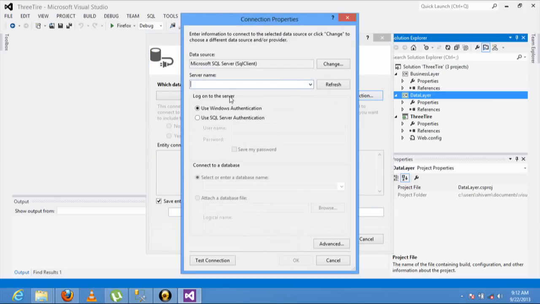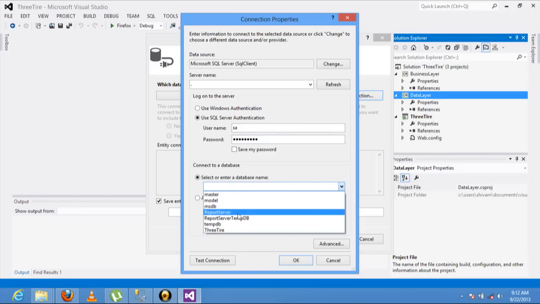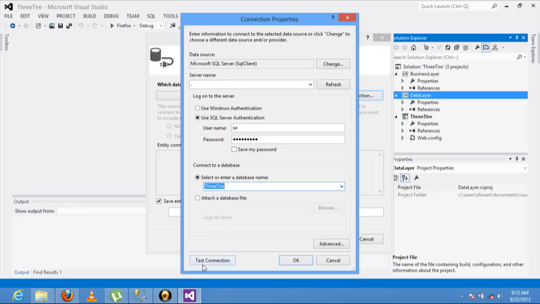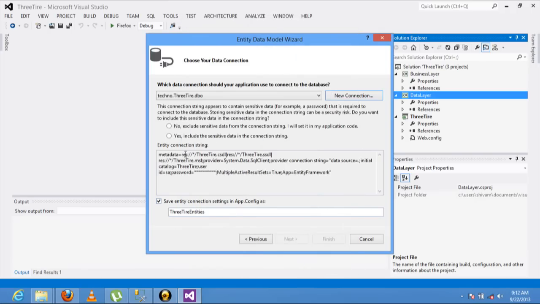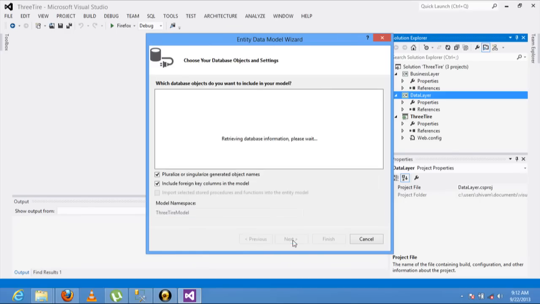New connection string: server name is dot, the SQL server, and dot means you are accessing your own database, and the username is SA. Now select the database, test connection. Yes, add it. Yes, including the data connection string, 3-tier. Let's see the tables. Yes, it includes the table, and finish.